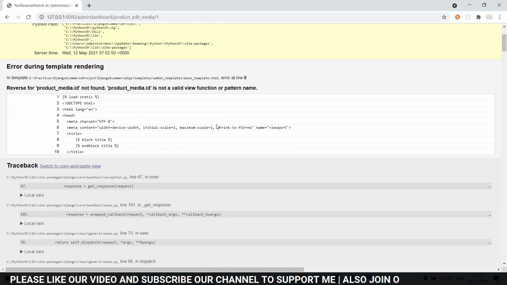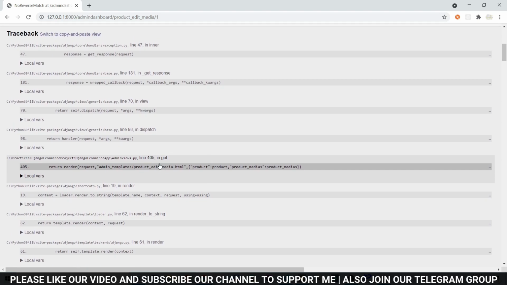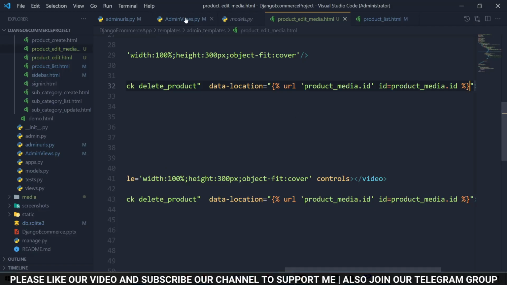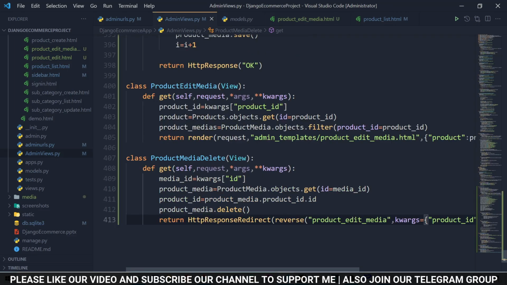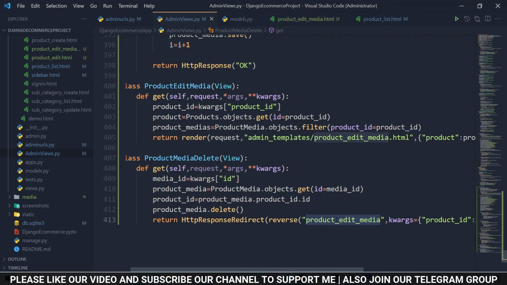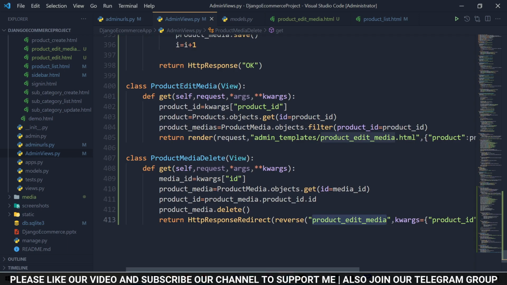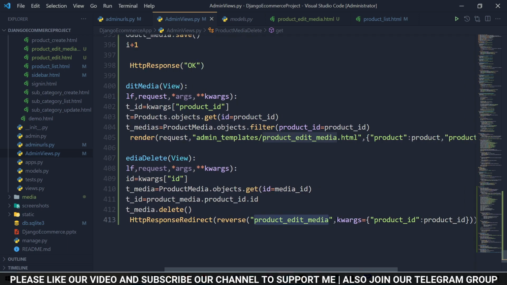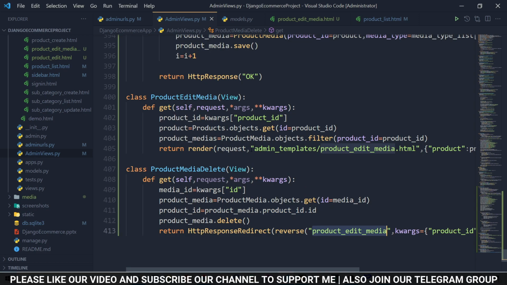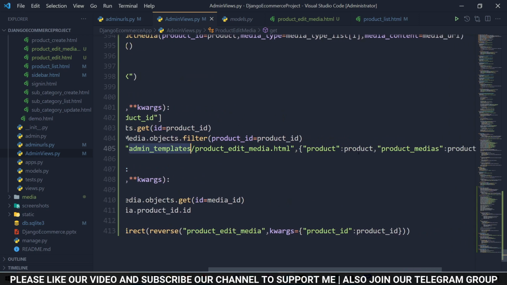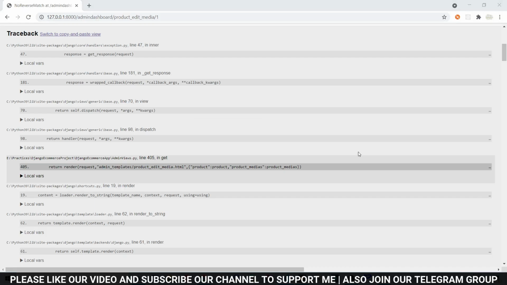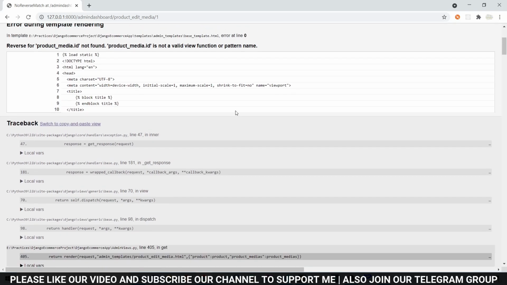not a valid function of pattern name. So let's see line number 405. So it is showing something error.